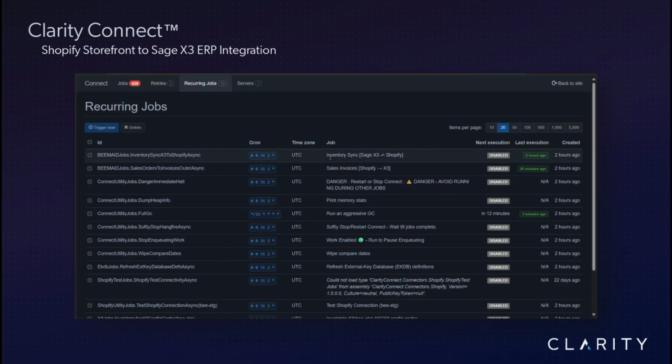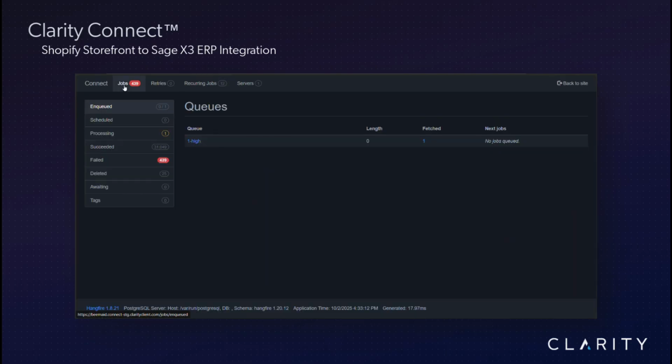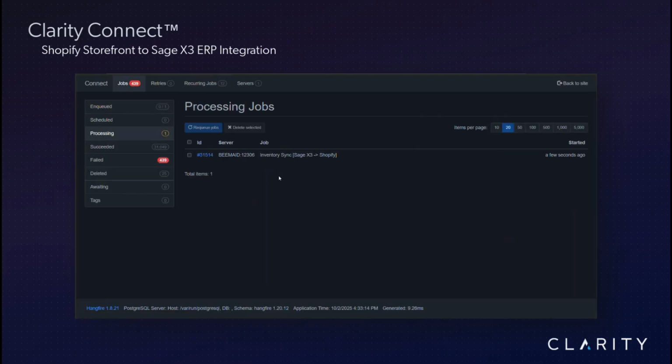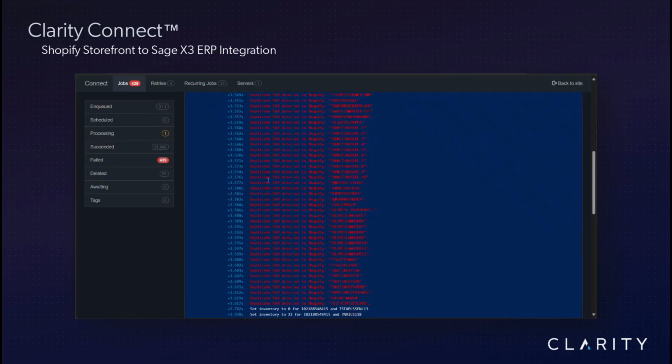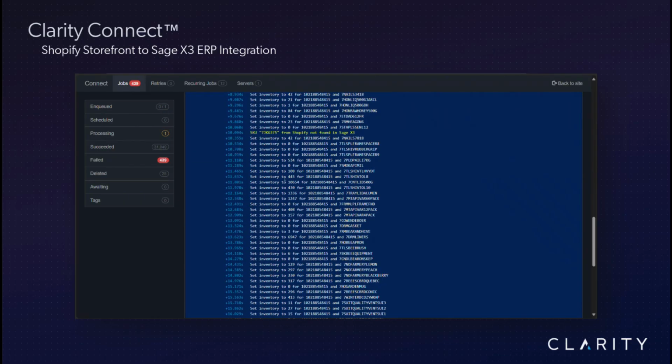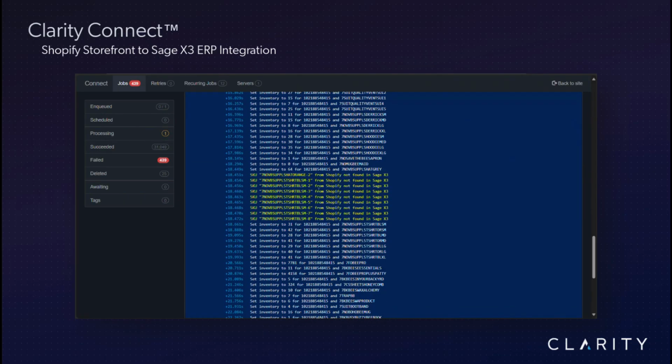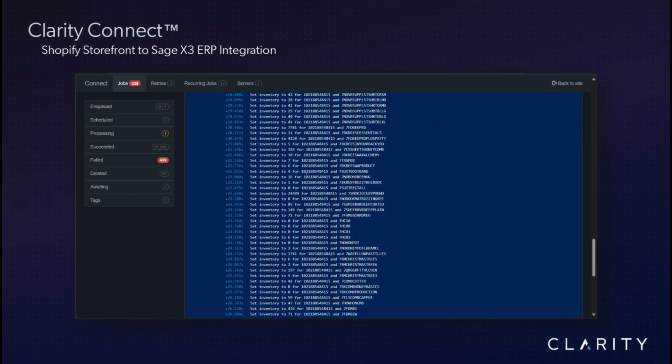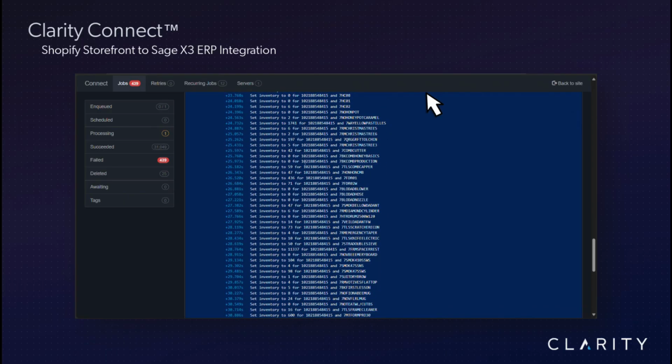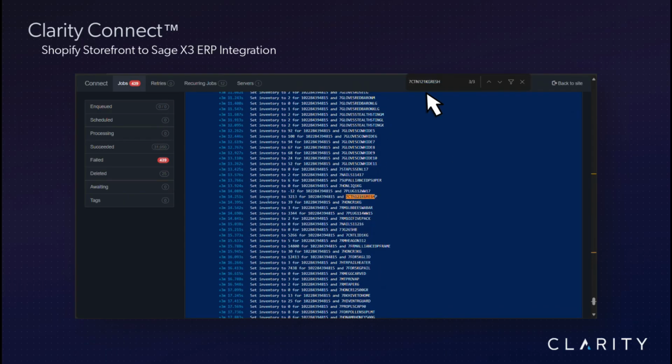Since we want to update the inventory of everything just ordered, we'll click on the inventory sync job and click on Trigger Now. In the processing queue, we'll drill down into the active log, and as it processes, you can see that there are many products at many different warehouses to sync. We're actually doing a full inventory sync with this pipeline. Once completed, we'll do a quick search for our part number we just ordered.